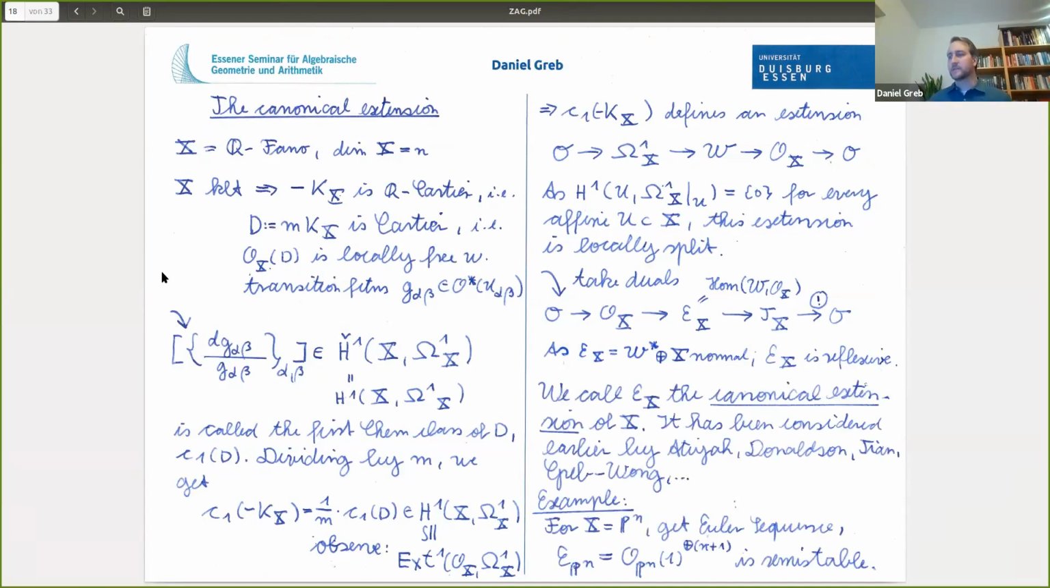And we call this E_X the canonical extension, or sometimes we also call the actual extension, this exact sequence, the canonical extension. And as I said, this is not my invention or the invention of one of my co-authors. So this is joint work with Stefan Kebekus and Thomas Peternell. But this has been considered earlier by Atiyah. So if you look at this on the open set of smooth points of your Fano, then this is just the Atiyah extension of the C-star principal bundle associated with the anti-canonical bundle. So it has been considered by Donaldson, again in the smooth setup,